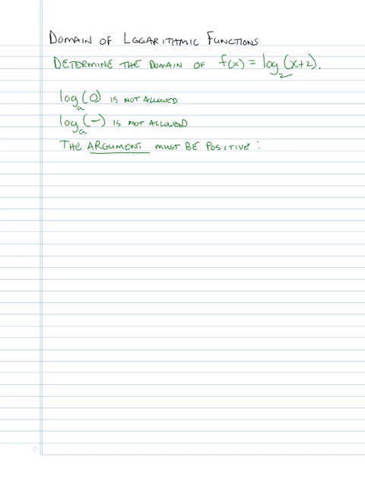And the way we write that algebraically is argument is greater than 0. That means positive. So when we're looking at the function f of x is equal to the logarithm of x plus 2, base 2, remember this is the argument. And the argument must always be positive. So the way we find the domain, the way we calculate the domain,